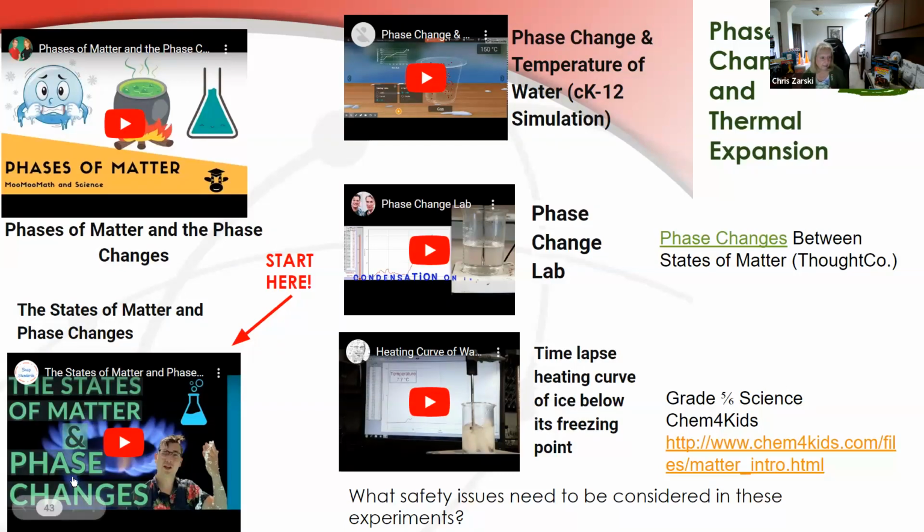So the states of matter and phase changes, we'll just watch the beginning parts of it in just a second, but I did put a note here: of all of the resources you have on here, this is where I would start first. If you're going to use this as sort of an eye-opener, teaching piece, want to get going, because it really does tie together the grade 3 and the grade 5 stuff at the same time. So we'll just go into this one just for a little bit, and then I'll stop it.